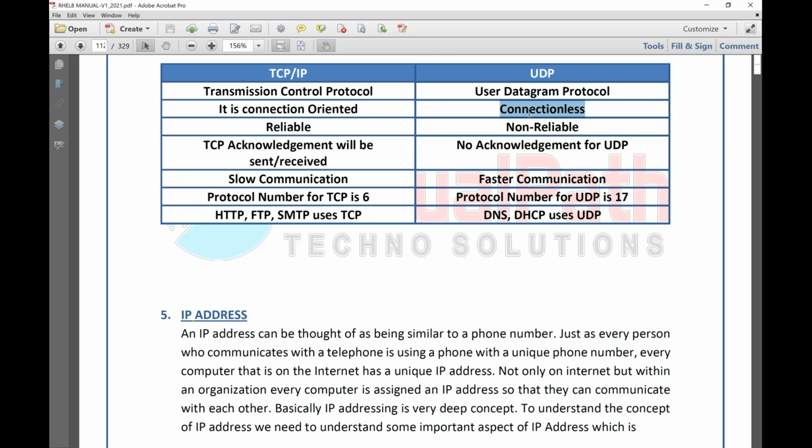So what does this mean? It never means wired or wireless. Both will connect on a wired environment as well as a wireless environment, right? Connection orientedness means, see, TCP is one of the secure protocols to work with. It has authentication, username, passwords, and other restrictions that have to be cleared. So someone needs to be there, or you have to arrange something so that it clears the authentication. Without clearing the authentication, you cannot communicate using TCP. It's a secure thing. Username, password, other things would be there. Whereas